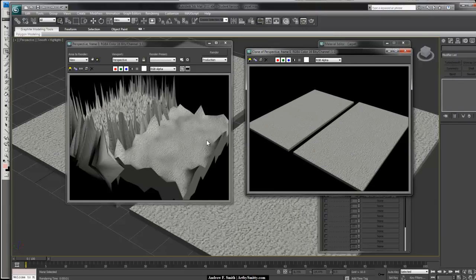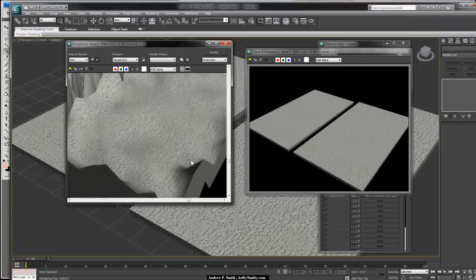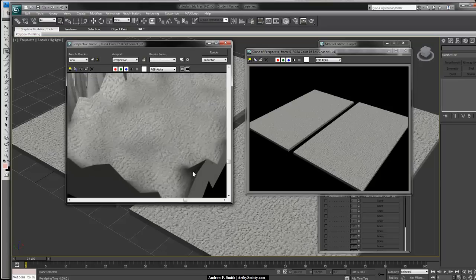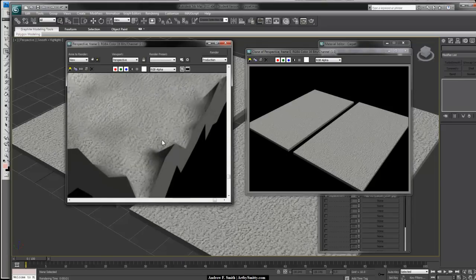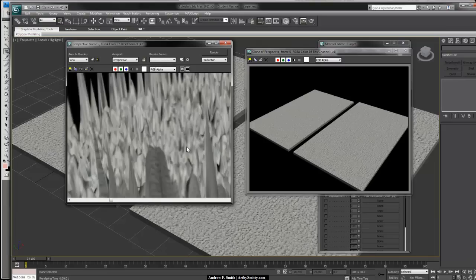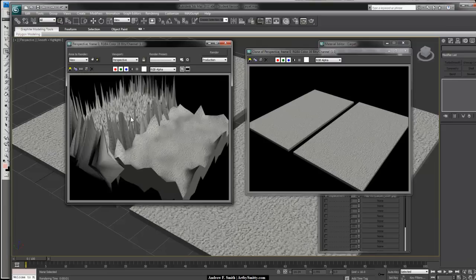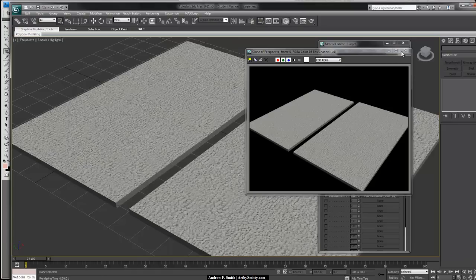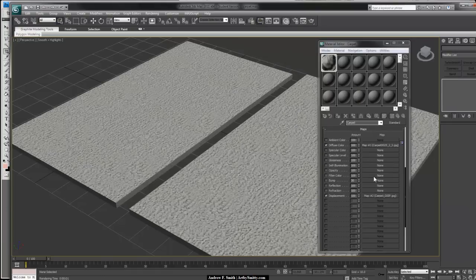And you can see that our object here with the lower number of polygons can only be affected so much because it's limited to the number of polygons in the mesh. So that's why we want so many polygons on this one, so we can get all the detail that's in our texture map. So what I'm going to do now is move this original one off to the side, and I'm going to come here to